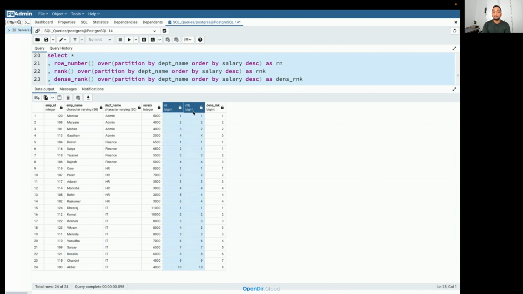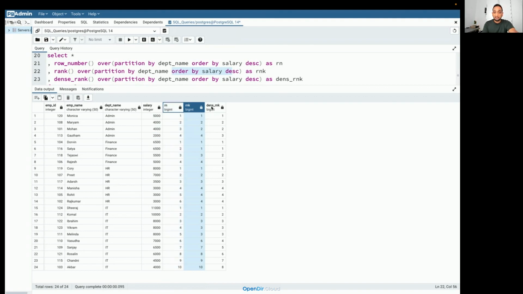Okay, but rank will assign a proper value based on the value that is stored in the column. Which value is it going to use? It's going to use the value from the column that you have mentioned in the order by clause. So your order by clause becomes very important when you're using a rank, not that important when you're using a row number. You can see here the rank is providing rank based on the salary value. So 5,000 will get 1, 4,000 there are two records, so both will get the same rank, and 2,000 will get the next rank, but one of the ranks gets skipped in rank, right?